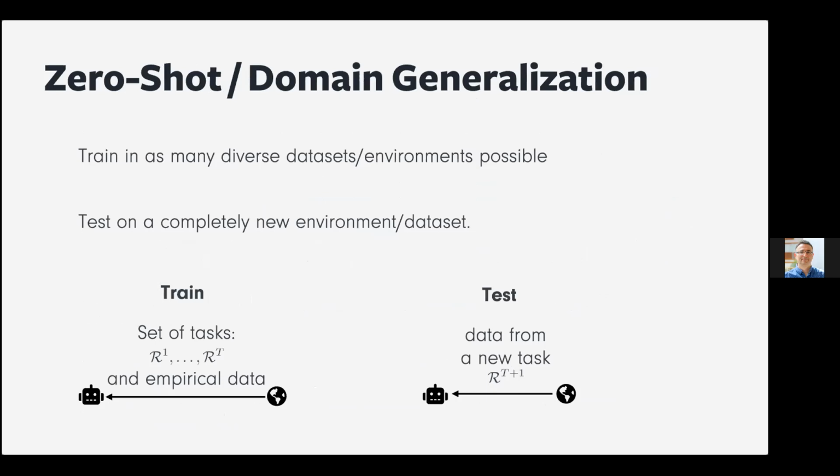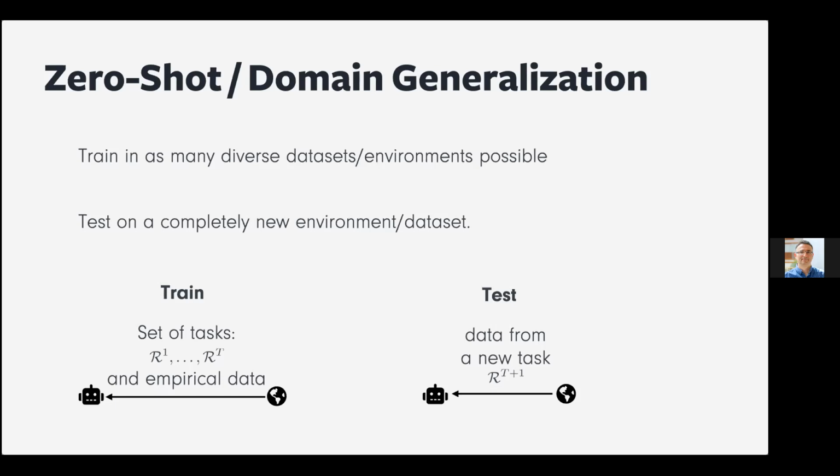So in this generalization setting, people call this domain generalization, zero-shot generalization, all these different kinds of things. And the idea is sensible. In training, I want to use as many different diverse data sets as possible, and I want to do lots of algorithmic things, anything you can imagine. But with the hope that when I apply these resulting models on a completely unseen and unknown environment, it should work there.